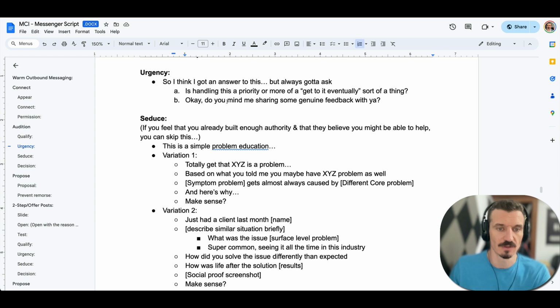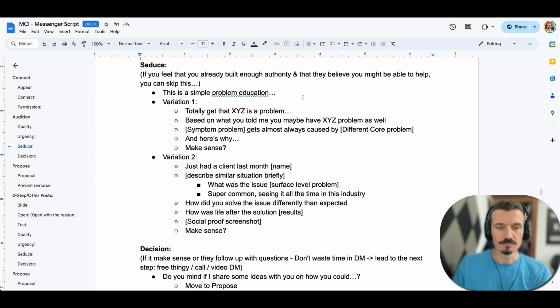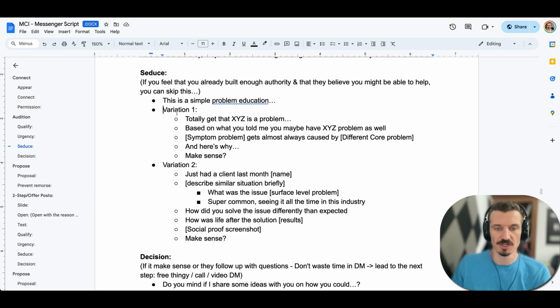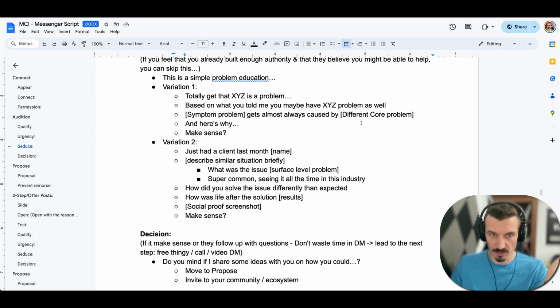You want to hear that. Okay, do you mind me sharing some genuine feedback with you? Again, we are going to the permission. And then you see variation 1, how you can approach, or variation 2 with some proof. We just had someone who did